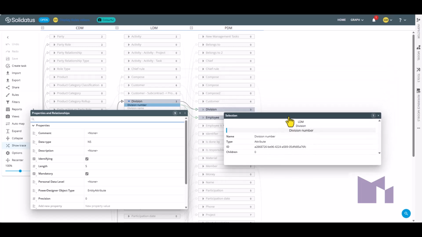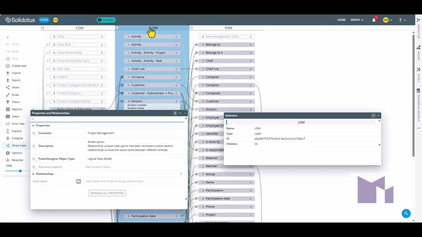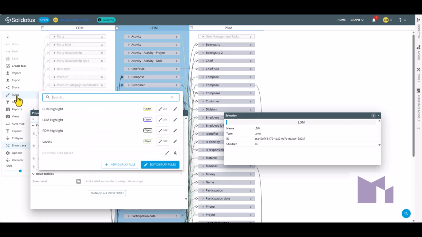It's very grey because there are no rules applied. If we look at the same entities I looked at before, we can see the logical data model. It has the same properties, but over here on this selection screen, we cannot see any matching rules, because it's very obvious that none of these rules match because the model's all grey and a bit bland. If I go and look at my list of rules, I can see I've got a number of rules, but they're turned off, so I will turn those on.